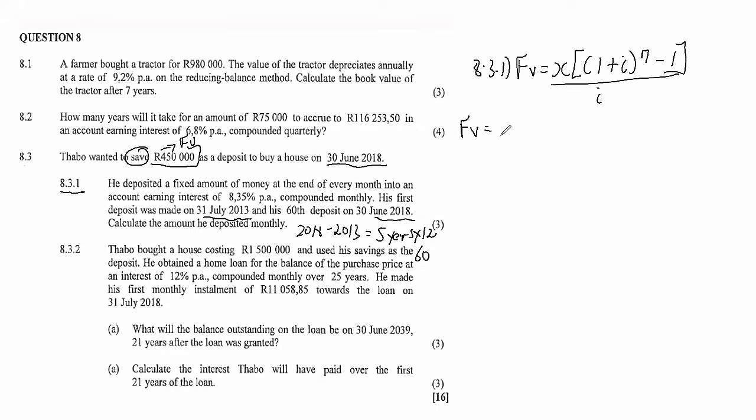So our X, we are not told, because that's what we are trying to calculate. Actually, we calculate the amount he deposited monthly. So those are our regular payments. But then remember, future value, we said, is the 450,000, right? So we have 450,000. The X here, that's what we are looking for. So that's 1 plus the interest, 8.35%, so that's 0.0835 over 12, and then to the exponent of 60, minus 1, over